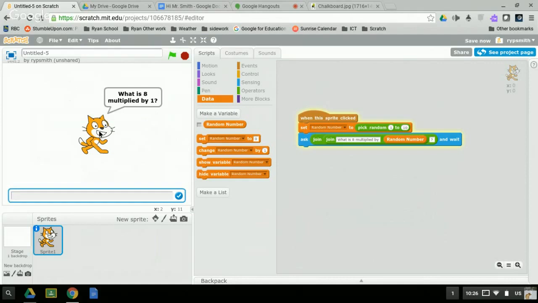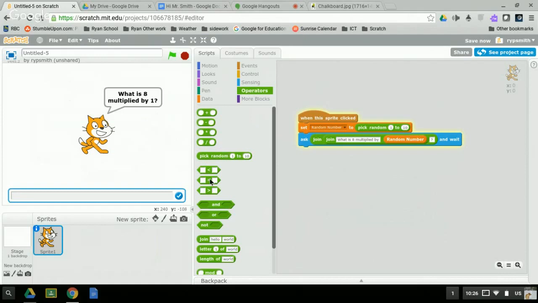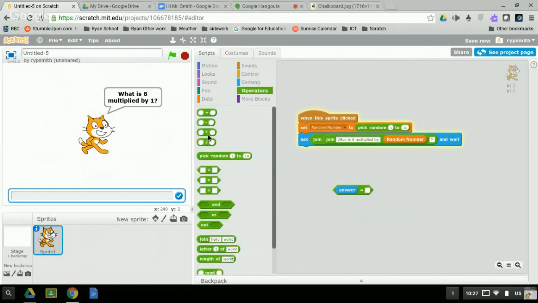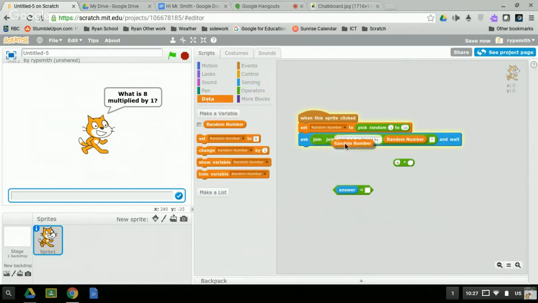Next thing we're going to do is check. We're going to use an equals operator, and we're going to see if the answer the person gives is equal to, and we're going to use some multiplication because that's what we're doing. We said multiplied, and we said what is 8 multiplied by the random number. So there we go, we built that. So if the answer they give equals 8 times random number,